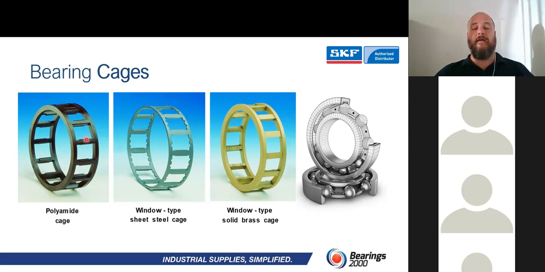Okay, when we look at the polyamide cage over here, a polyamide cage is made out of an injection molded plastic, basically. That's putting it in layman's terms. And of course, when we speak about plastic, we have to take into consideration that we've got a high notch impact, which makes it more susceptible to breakage than either of these two. And then, of course, higher temperatures will make this one melt. So the polyamide, guys, is for applications where we've got no heat, no vibration.